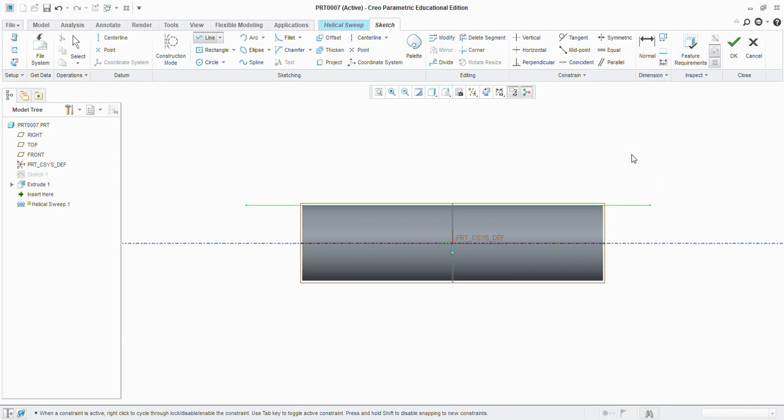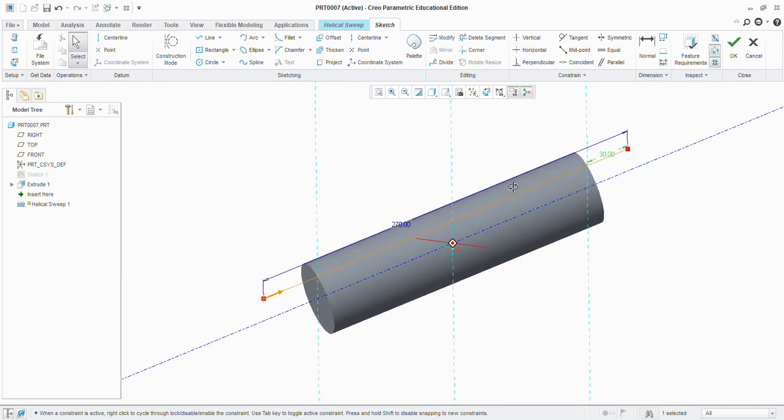Now just click the middle mouse button. Now you can change this dimension accordingly. Suppose this is 208, so I'm going to make it 270. Now from this point to this first edge, the dimension is 31. I'm going to make it 30. So just click OK. Now we have provided the direction about which our threads will move, because threads will be